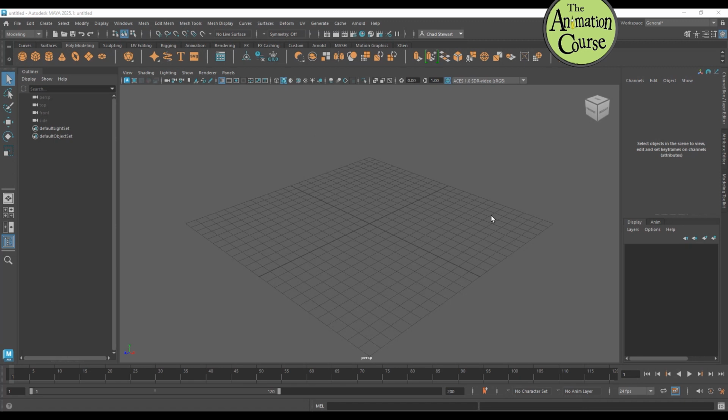Now, here you'll see the default setup for Maya. There's lots of different things that Maya can do. In fact, I've worked in Maya for over 20 years, and there are things in Maya I have never actually even tried before. This is a very, very deep program. And so the first thing I usually tell students to do is take a nice deep breath and relax. It is not a program you can just willy-nilly click around and figure out in an afternoon. It's going to take a while to get used to the interface, get used to the program, and that's fine. You really are